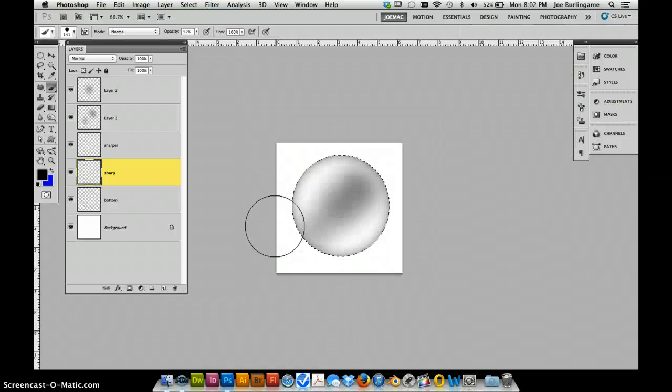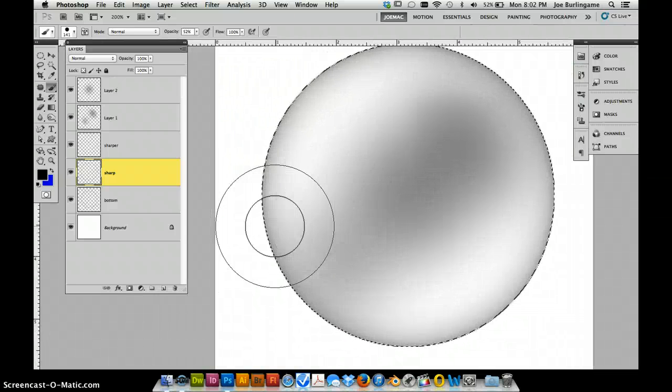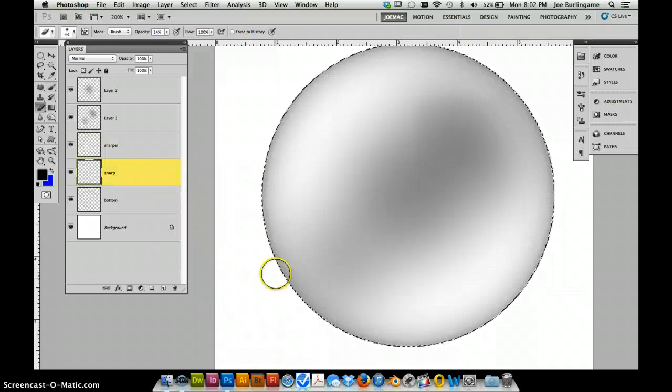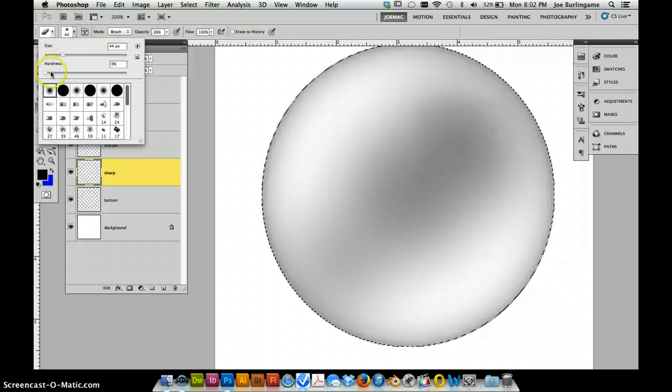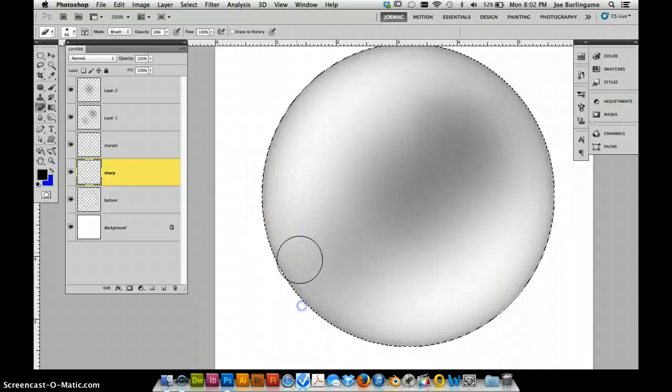Hit F to view, and then I'm going to zoom in with the selection still selected. The bottom background is sharper. Sharper is that sharp edge, so let's go to the middle edge and E for our eraser and set the opacity way down on your control panel. And also make sure your brush is soft, hardness way on down. You choose the size. And just start erasing, click and drag some of the edge